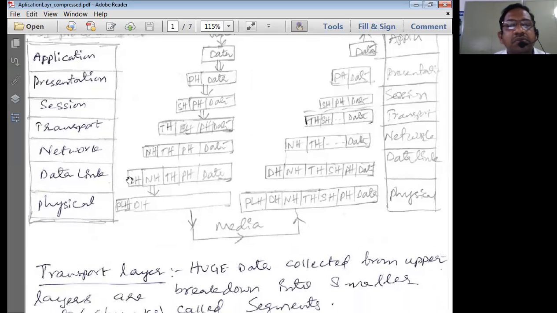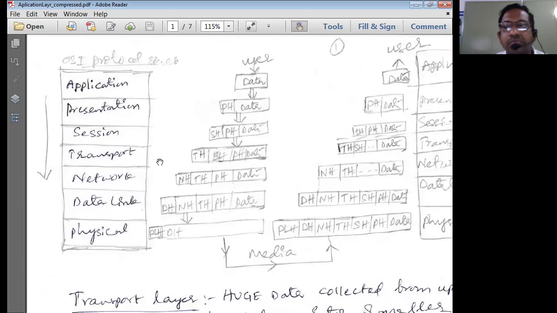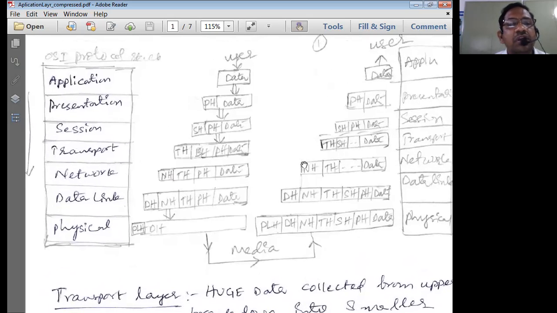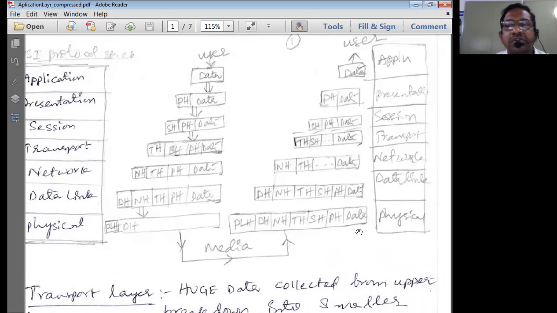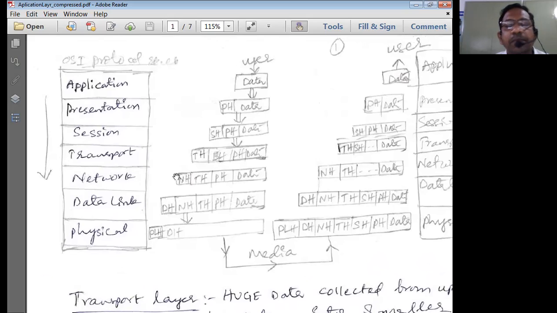Now, whichever computer wants to interact or communicate with another computer has to satisfy these protocols in general. So in general, the data is coming from the application layer and going to the physical layer, and exactly the reverse is going to happen at the destination computer. It all depends on the approach that we deal with, like bottom up approach or top down approach. Here I am going with the top down approach.